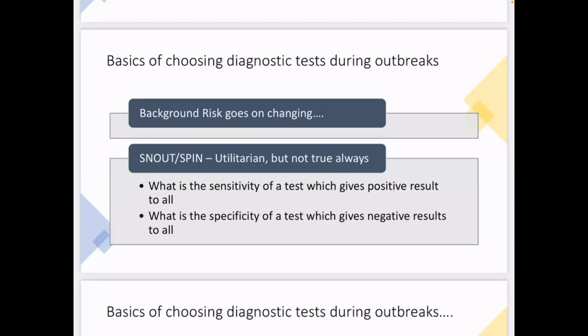Okay, it is the formula sensitivity divided by 1 minus specificity that you might have known. Okay, sensitivity means out of true positives, how many are tested positive? That is sensitivity. Okay, the denominator is 1 minus specificity. What is specificity? Out of disease negative, how many are tested negative? 1 minus specificity means, okay, out of real negatives,